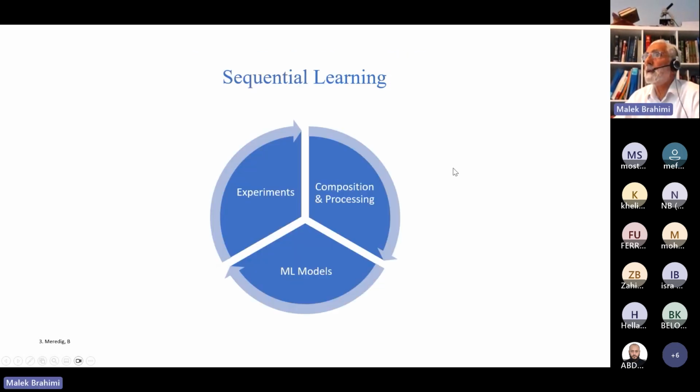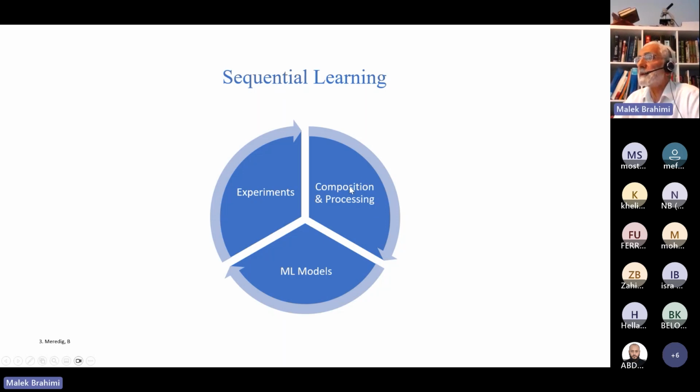Sequential learning is really important and really difficult, and someone who does that really needs to understand the material. Even with the references that we have, all these seminars and webinars, all this information about the material, we still don't know a lot about the behavior of materials, especially the structure. When it comes to the structure, it's really difficult, and also the interaction within the composition of that material.